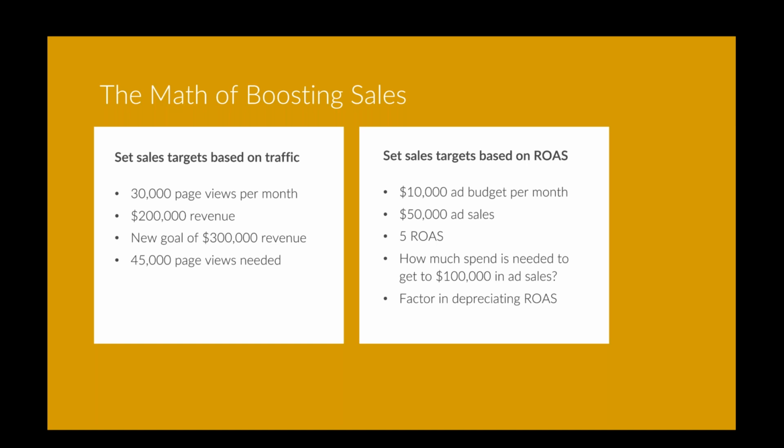Yeah, and another way we can look at goal setting, through the lens of advertising, is if we have a set ad budget and we know what our return is on our ad dollars. So if we spend $10,000 a month, we get $50,000 in ad revenue. Our return on ad spend would then be a 5. If our goal is then to get $100,000 in ad revenue, what should an ideal budget be to reach that goal? Off the top, a lot of us would immediately think, oh, we just need to spend $20,000 a month to get to that $100,000 mark.